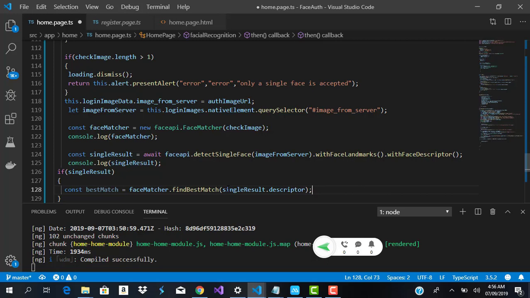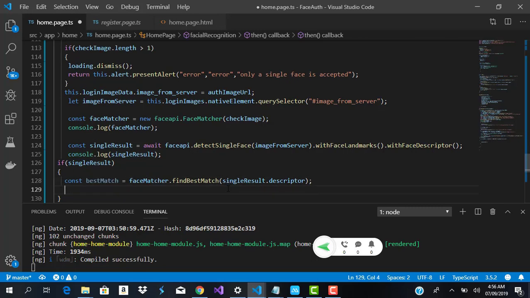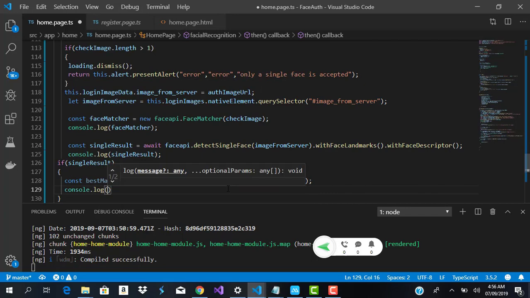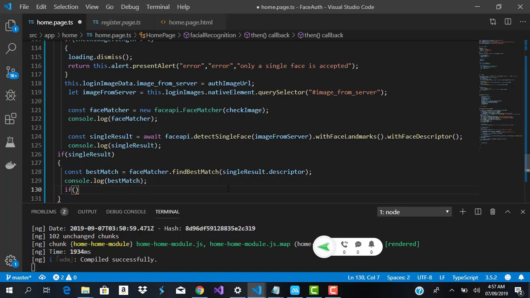By the best match, I mean the closest face, and it actually uses the Euclidean distance. So we're trying to find, let me put it in layman's terms, the level of accuracy. If I log bestMatch to the console, you're going to see the level of accuracy it gives us. For Euclidean distance, the standard I think is 0.6, but I found out that 0.6 is not extremely accurate, so it's not as accurate as I want it to be. So we're going to say